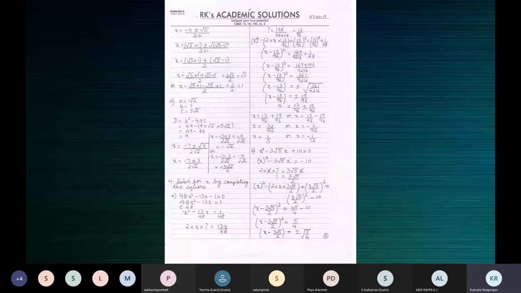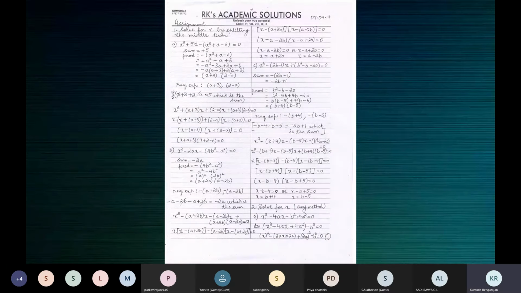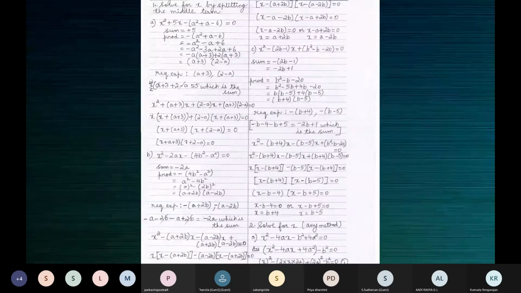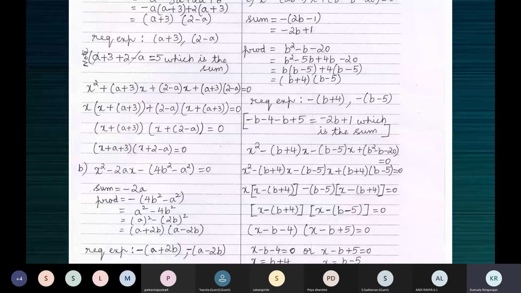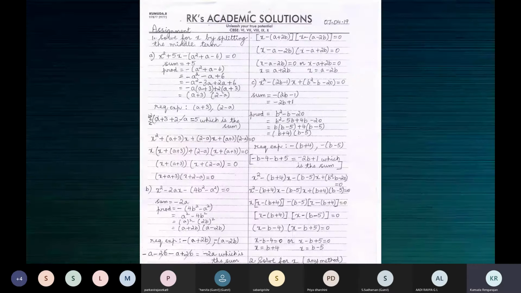Yeah, I think we were talking about... Yes, we were discussing this yesterday. Correct. So yesterday we saw the different methods of solving a quadratic equation. I think we saw how to factorize by splitting the middle term, and then by completing the square. Yes, I'm just recalling.